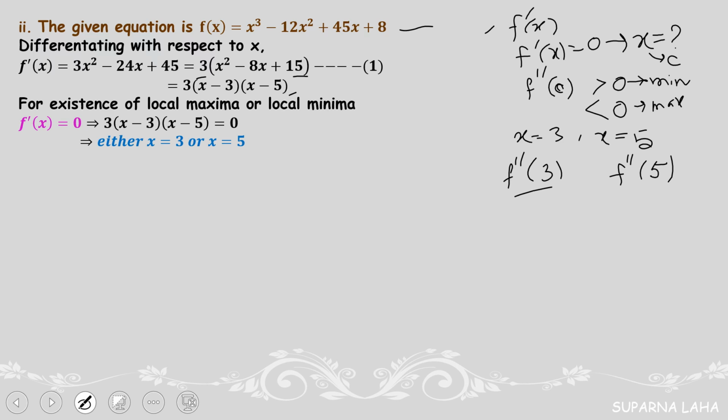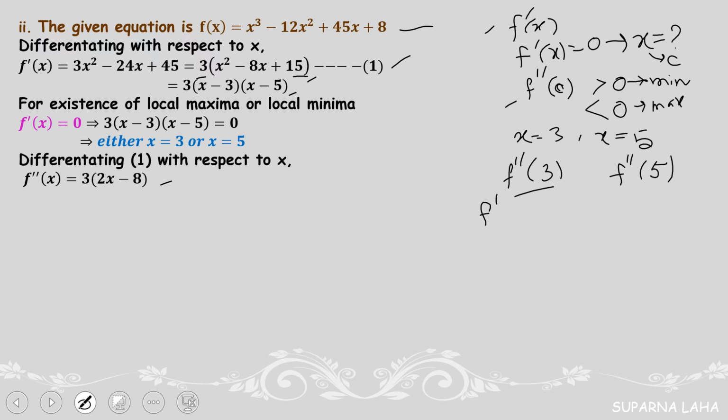So first of all check this one. For that checking you need the second derivative. So find the second derivative from this one. Just find the derivative of this f dash x. So you will find the double derivative of f x. If we differentiate with respect to x, this is 3 into 2x minus 8. Now we need to check f double dash 3.